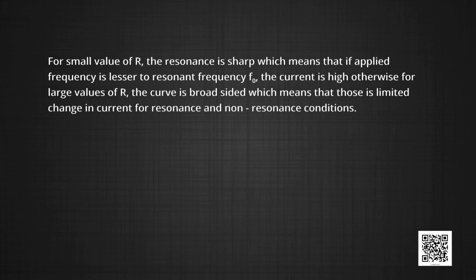For a small value of R, the resonance is sharp, which means that if the applied frequency is close to the resonant frequency f naught, the current is high. Otherwise, for large values of R, the curve is broad, which means that there is limited change in current between resonance and non-resonance conditions. So what we have covered today in this module is